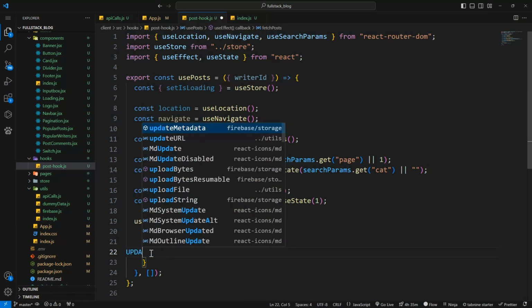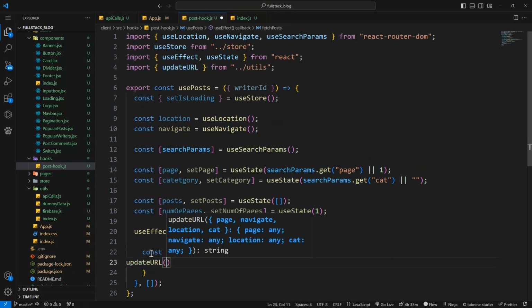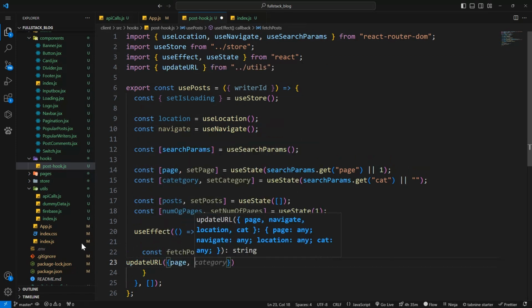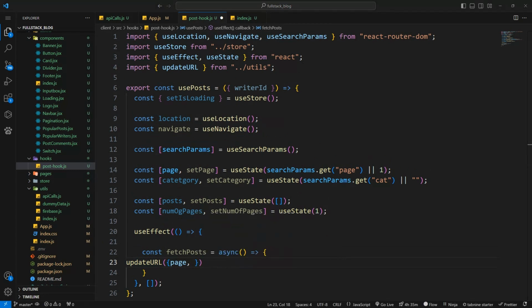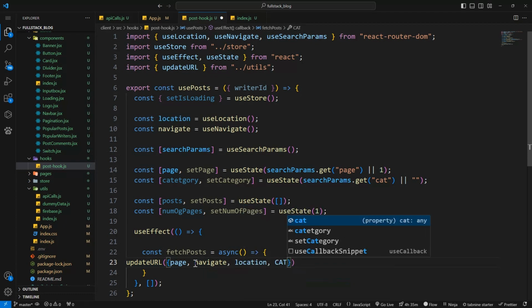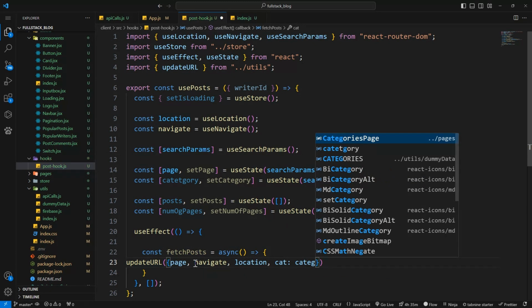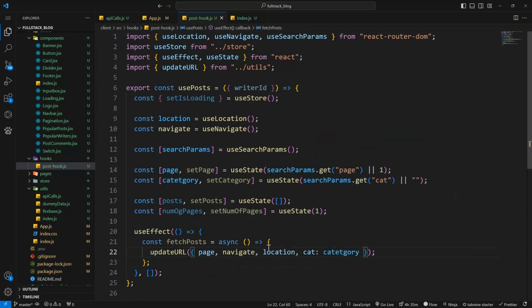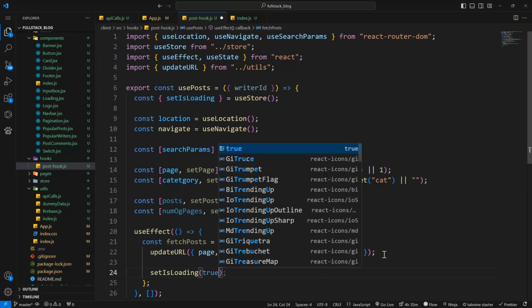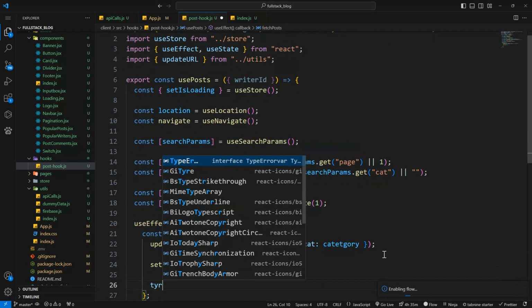Okay, so updateURL. Then we'll pass the page. We pass navigate. We pass location. And we pass category. So that will go to the category that we created. Great. Okay. Then we set loading to true. Okay. So in a try